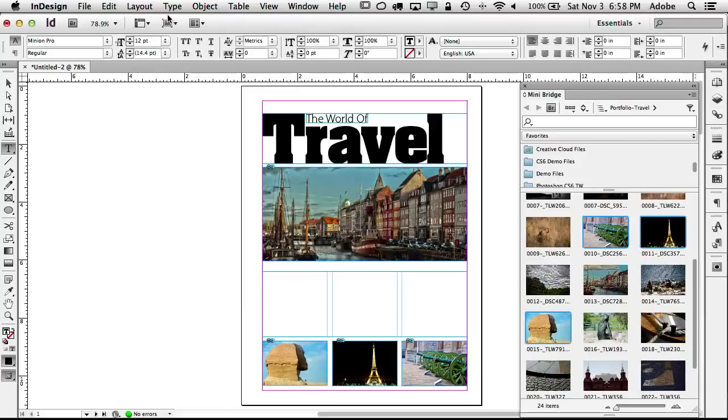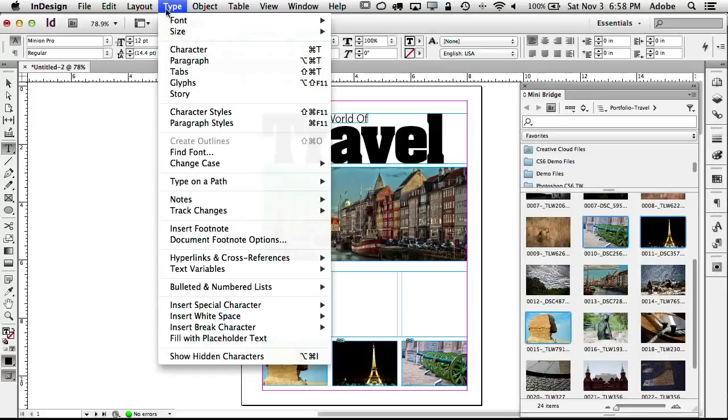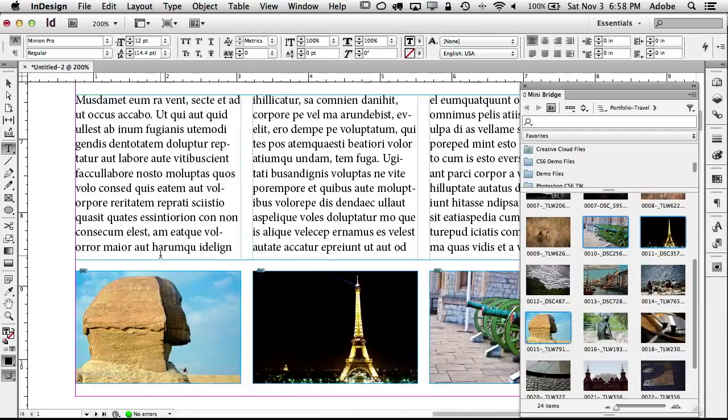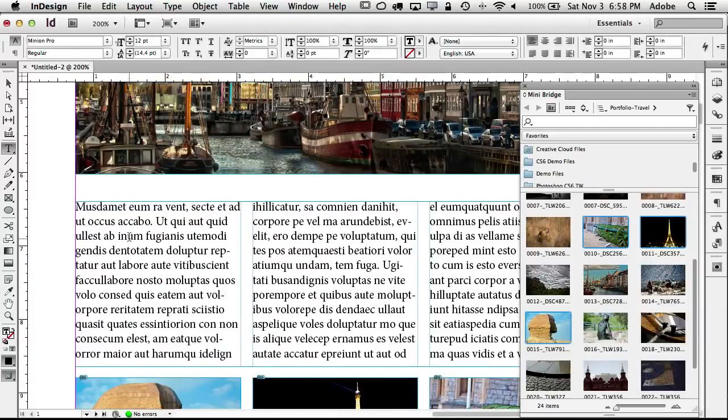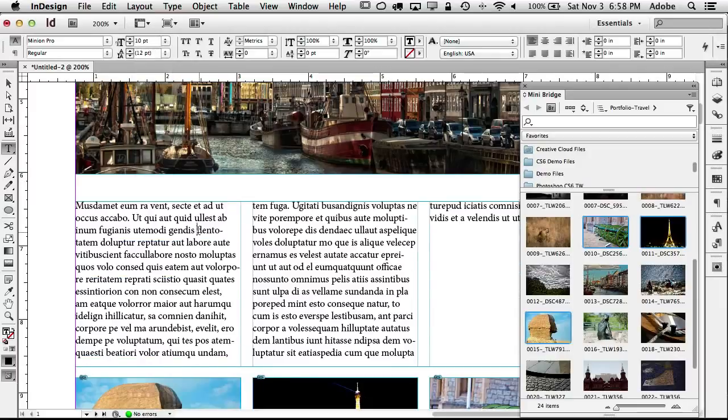And now if I had the text, I could just go ahead and type it in. I could also use the file place command and go grab a Microsoft Word or a text document. But since I don't have the type yet, I'm just going to go ahead and type fill with placeholder text. And that will go ahead and just fill it in with sample text so I can start formatting. Now, speaking of formatting, let's go ahead and zoom in on it, or hit Command 2 to zoom in at 200%. And my type came in at my default font, which is Minion Pro Regular 12 point. I want that to be smaller, so I'm going to say Select All, Command A, 10-point type,